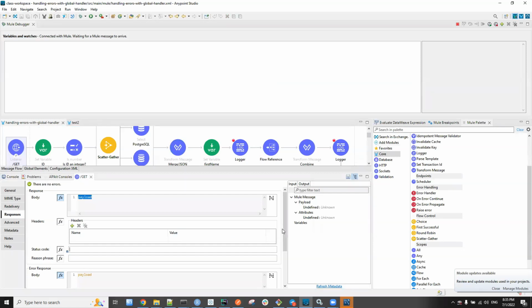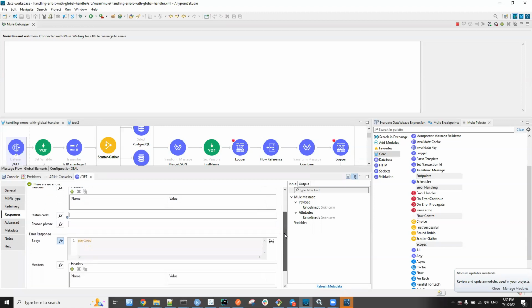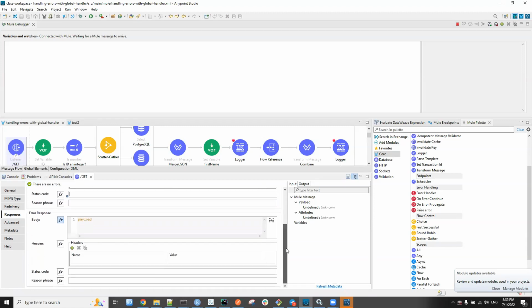And if an error happens, which in the error propagate case, since it throws the error object, there is still an error, it will return in the body whatever is specified here. By default, it is the error description, but you can make it the error type or the payload, and the status code will be 500.